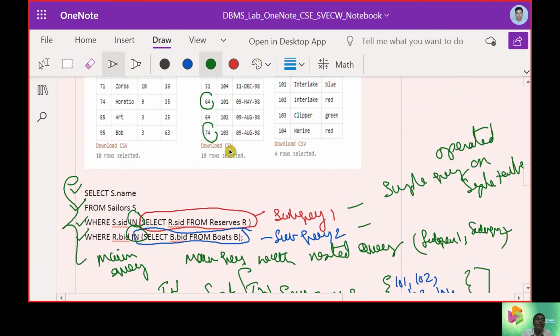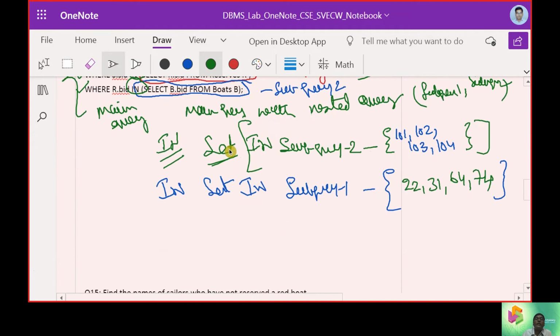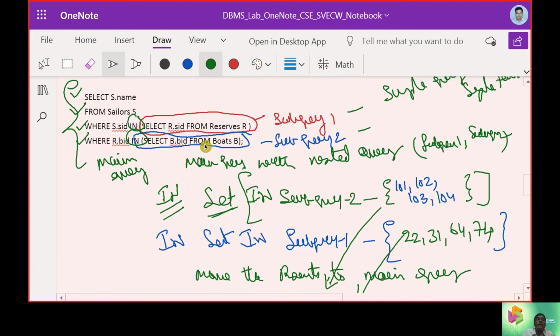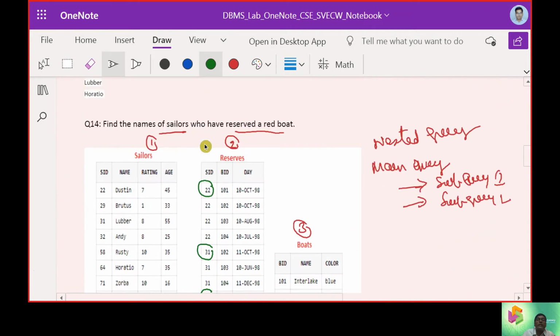Now we are moving the results to the main query. So both the set operations move the answer to the main query, and thereby it is generating the items.